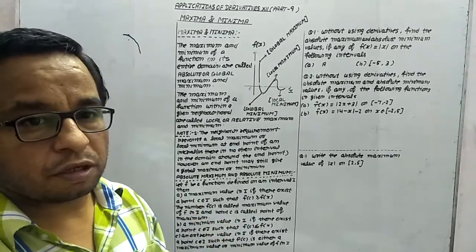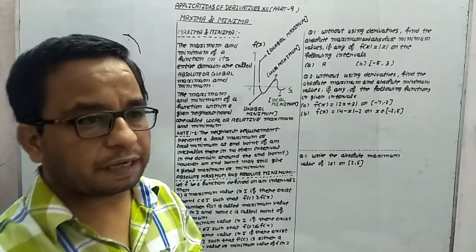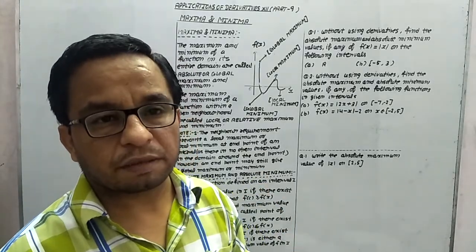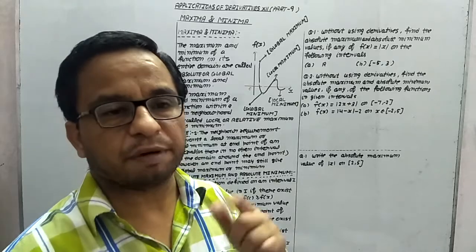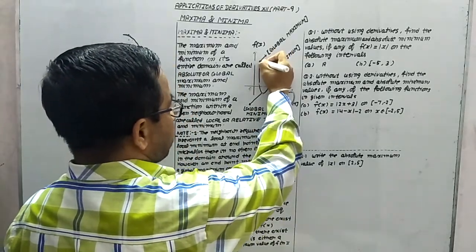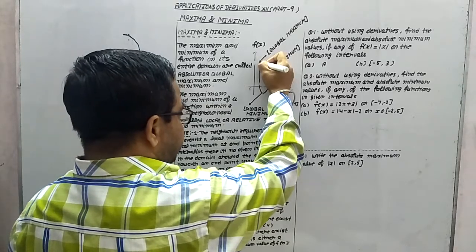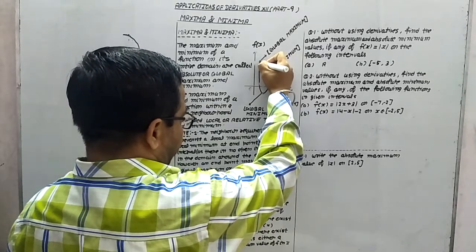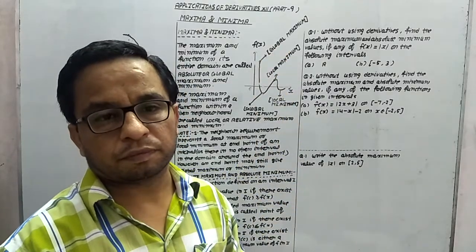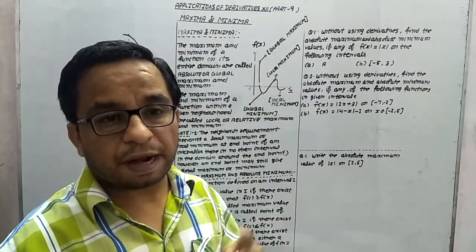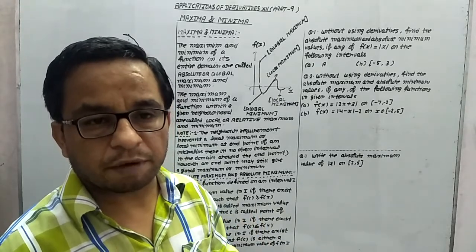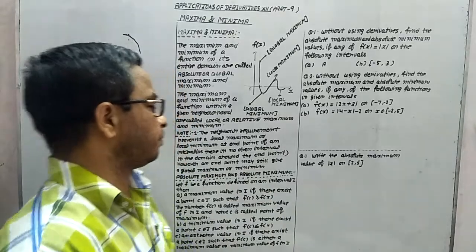Another thing, always remember that at the end point, we will never get a local maximum or local minimum. Because at an end point, look at this thing, for this point, for less than, we have a point, but for the more than condition, we don't have its neighborhood. Because of this situation, end points always prevent getting a local maximum and local minimum.